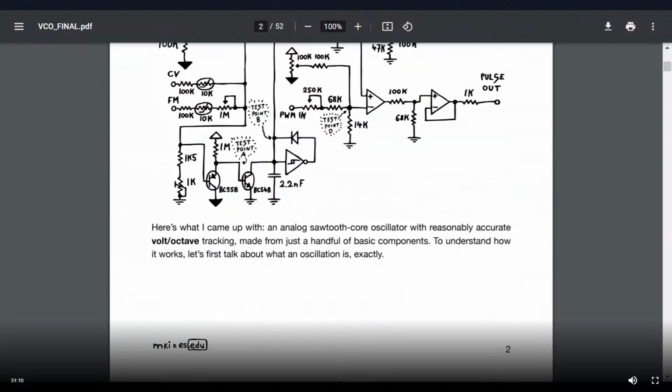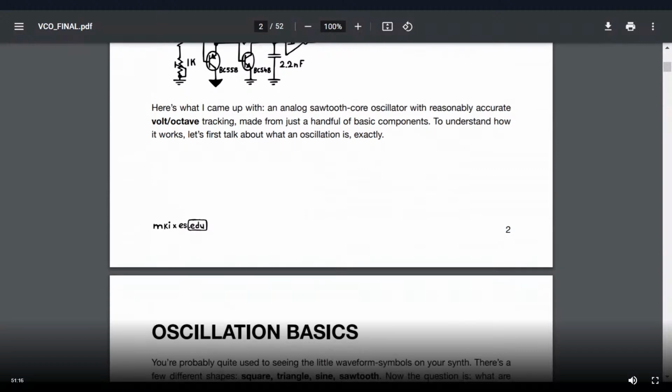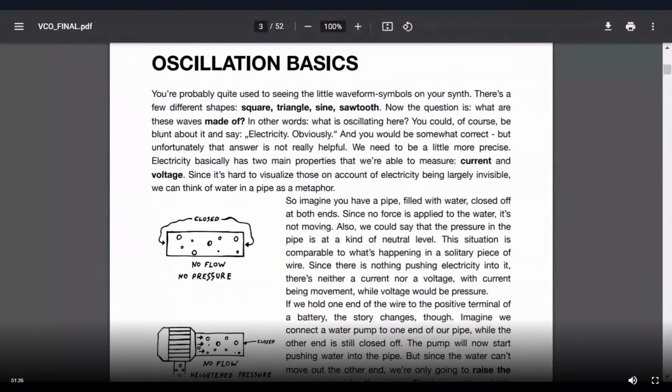So oscillation basics then. Right, finger scrolling isn't working so well today. So as I say, get hold of this and you can read it in greater depth, because I may skip